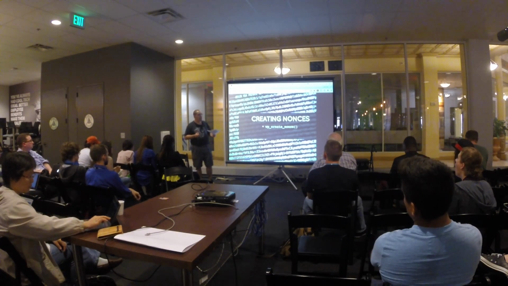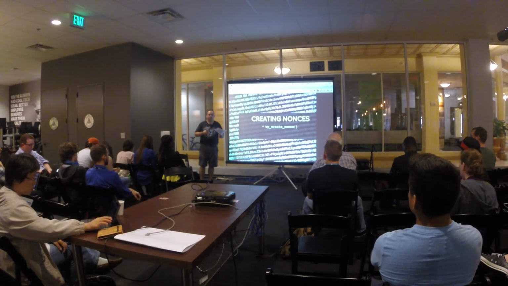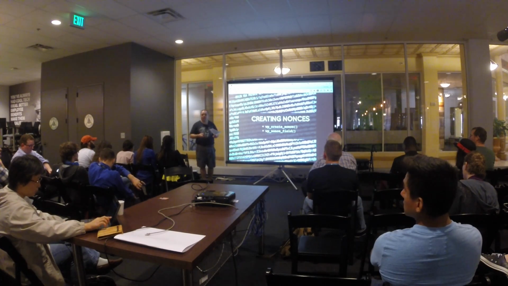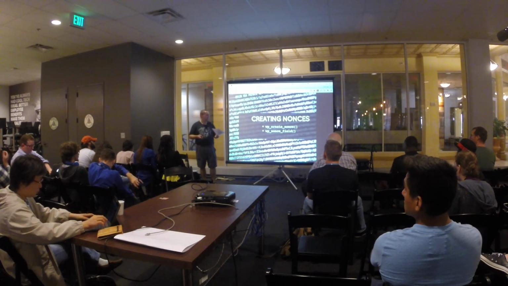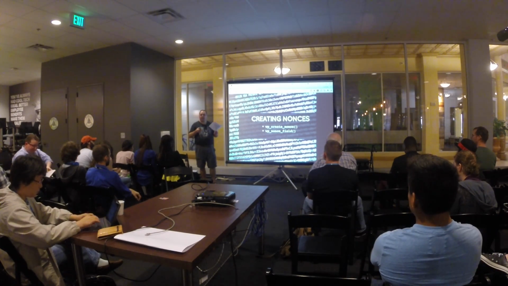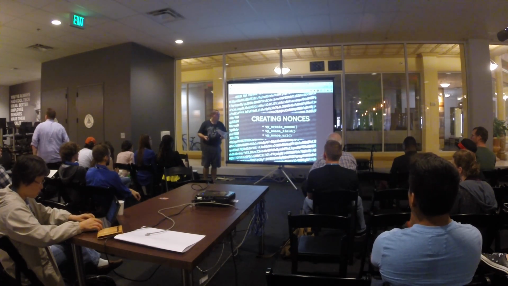There's a few basic functions to use for creating nonces. The first, aptly named, is wp_create_nonce. That's going to just give you that basic string. And if you're planning on using it in a form, then go with wp_nonce_field. That puts it in a hidden input field within your form. If you'd rather have it in a URL, say that you're giving them a link to click on to perform an action, maybe you're putting it in an email or something, then go with wp_nonce_url.